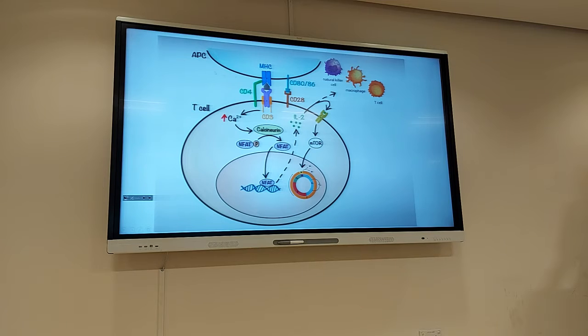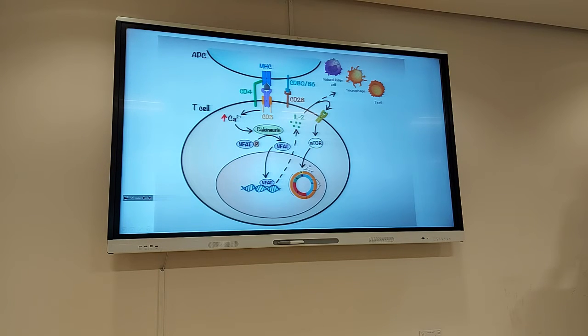It's summarized here. When the antigen-presenting cell binds to the T cell through the MHC receptor, whether CD4 or CD8, it needs a co-stimulation with CD28, through the binding of CD80 and CD86. The co-stimulation leads to the full activation of the T cell. This leads to calcium-mediated increased cellular signaling. The cascade of reactions leads to increasing intracellular calcium that later increases